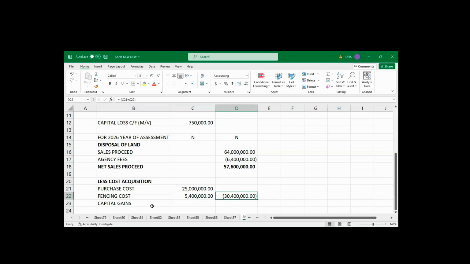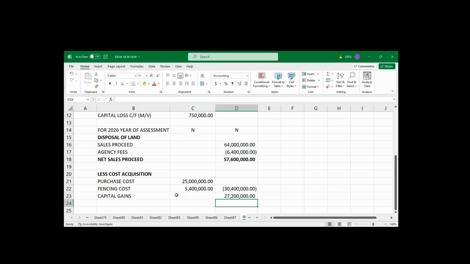I will less it from where? From the net sale proceeds. So what will be my capital gain? 27,200 million. So my CGT, capital gain tax,